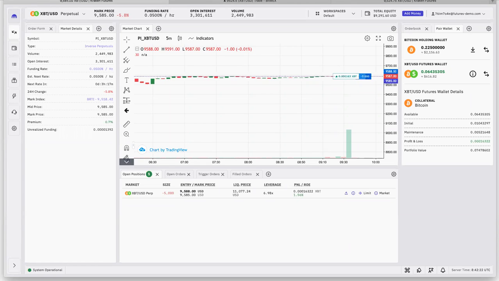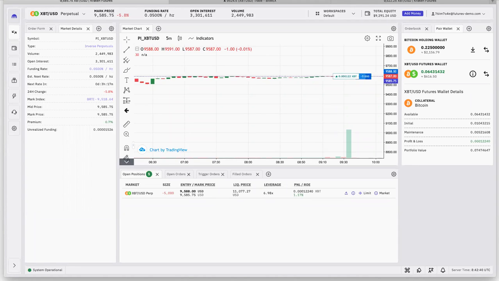So this is a really cool question. If I deposit 1 Bitcoin in our futures wallet and open a position with say 10x leverage, will the funding rate that we have to pay be according to our initial futures account Bitcoin holding? No, the funding rate that you will pay will be according to the notional position size.